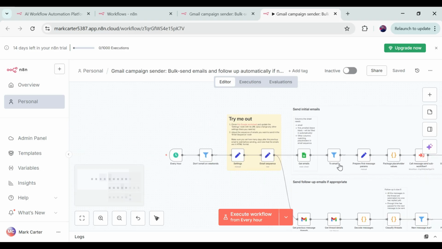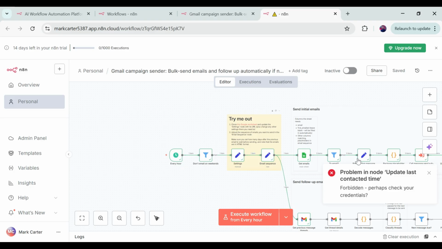Okay. So after that, you just need to click on execute workflow. So it will execute the workflow and start working. As you can see, I haven't added all this information yet, so it will give me an error, hopefully. So let's see. So it's checking if the workflow is set up or not. As you know, we have connected our Gmail account as well as Google Sheets, but it's giving us an error, okay, because we haven't set up all the things in these boxes. We have to do all this manually. After setting up this information, you just need to click on execute workflow, and it will start sending and tracking emails.